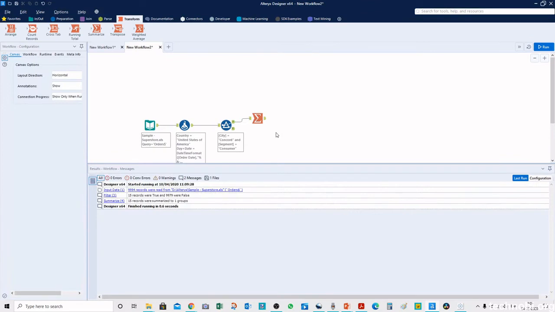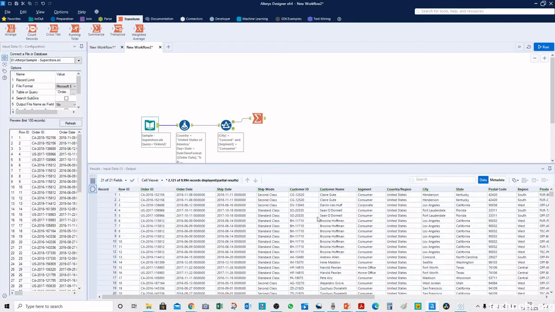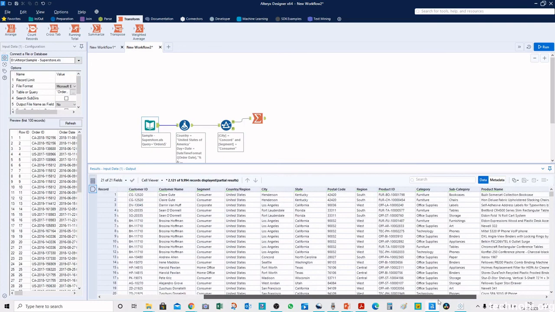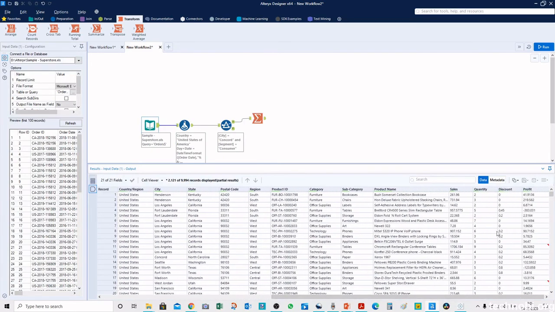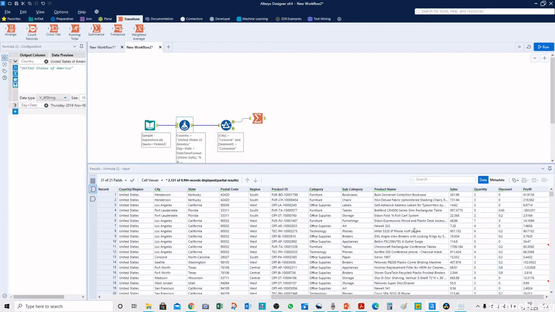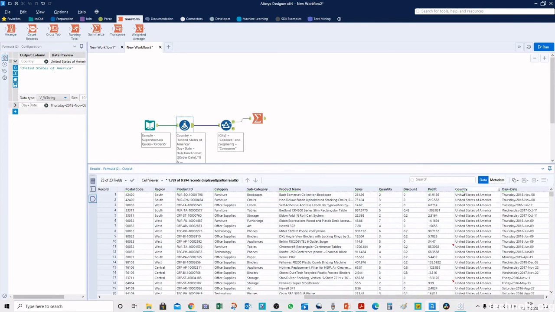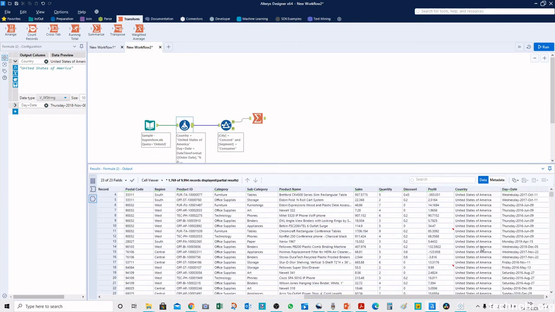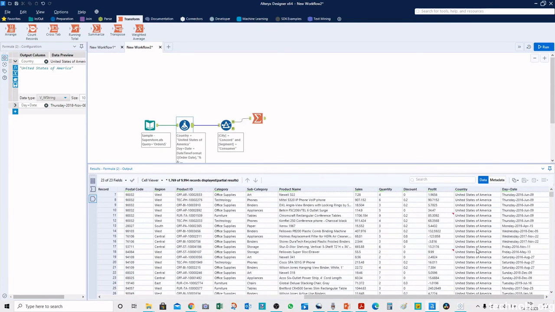Now let's see how the new fields that we created using the formula tool look. So here is the original data, and we have the column till profit here, and this is how I entered the formula tool. And after executing the formula, these are the new fields that we created using the formula tool. The country is a static value, United States of America. It is showing for all the rows.